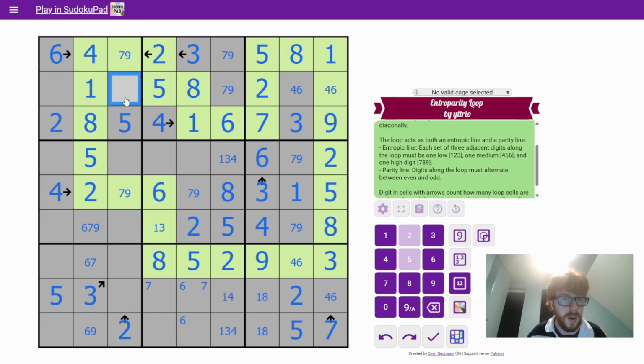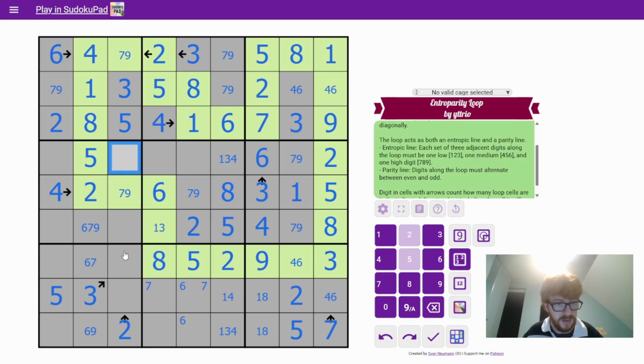3, I'm missing. Oh well, if that's a 7 or a 9, that breaks that cell. So that's a 3. That's a nice spot. I don't know if that's intended or not, but sure. Right. Now we have quite a few digits in there. It's still 4. I am missing, speaking about 4, I'm missing 4 in that column, so one of those is a 4. And that combines with those 4s. So that must be, no, that cannot be a 4. It doesn't mean that must be a 4, because that's actually not true, necessarily. But